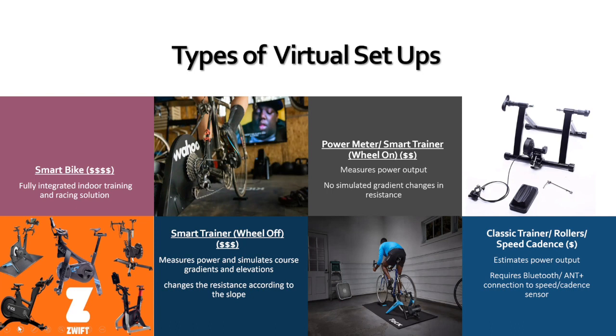That one is, again, $3 signs there, which is a little bit pricier. If you're thinking from a price range perspective, that's probably going to run you anywhere from, on the lower end, about $750 to the higher end, about $1,900. And there are a variety of different ones that are out there. Here pictured is the Wahoo Kicker, which is one that's probably more widely known. That is around $1,000, $1,100 price point there for the higher end one.